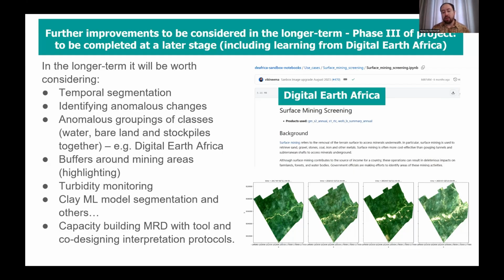And we'd also like to develop a graphic user interface or a GUI to allow our colleagues within the relevant regulatory authorities and enforcement authorities to be able to easily access this tool and to be able to use it in a more intuitive way without too much need for code. And then through that, we'll also have capacity building and skills sharing to be able to do this monitoring and this regulating using these science-based tools.